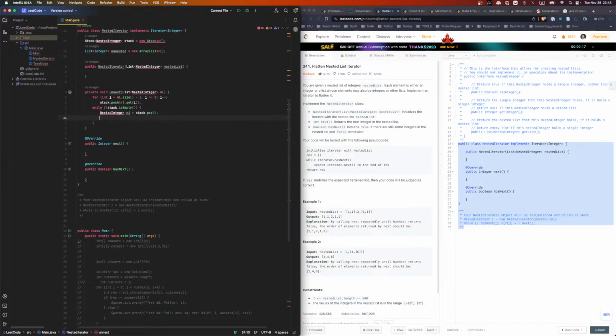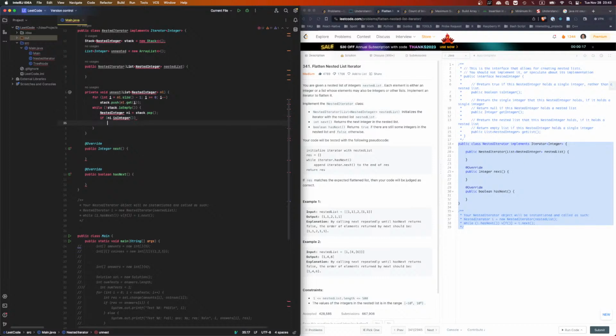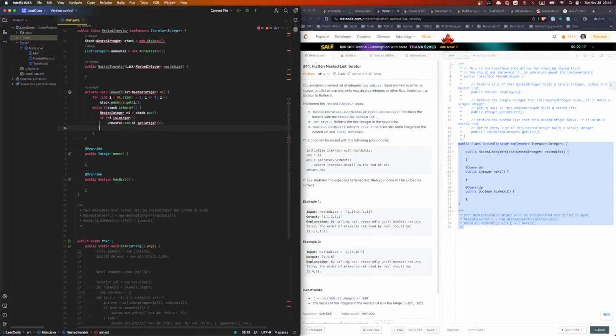If ni is integer, then unnested dot add ni dot get integer. Else,